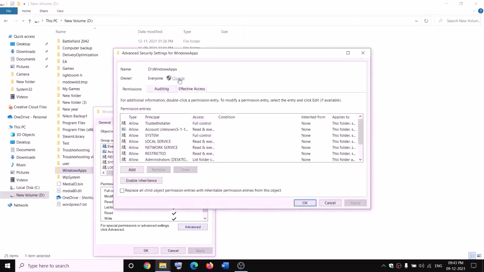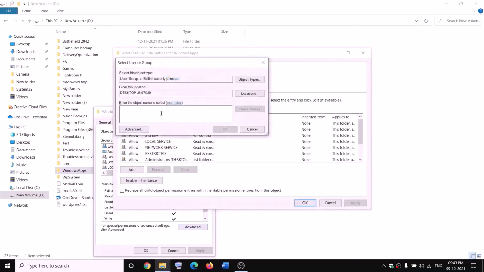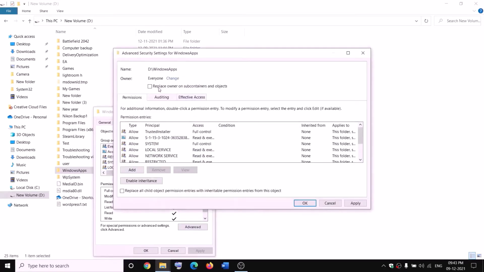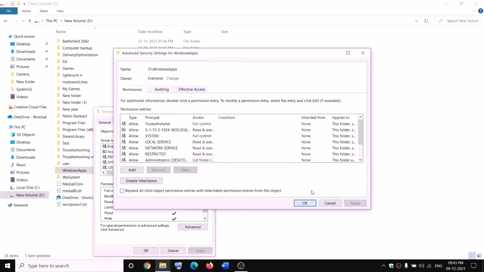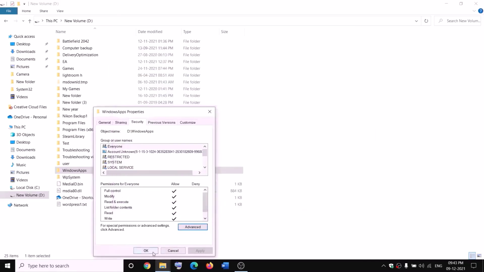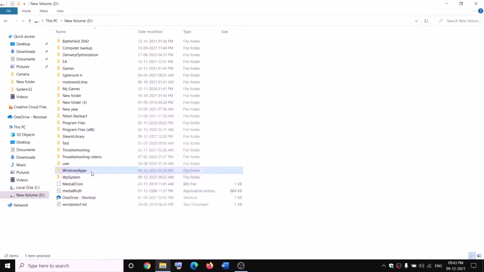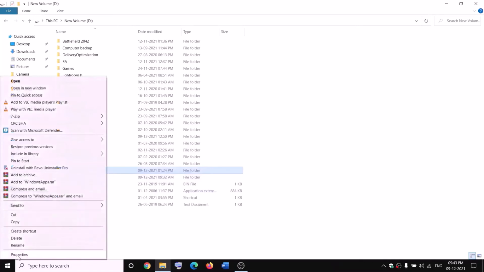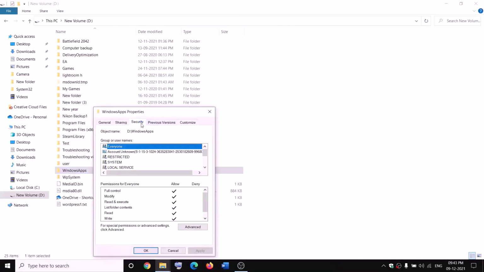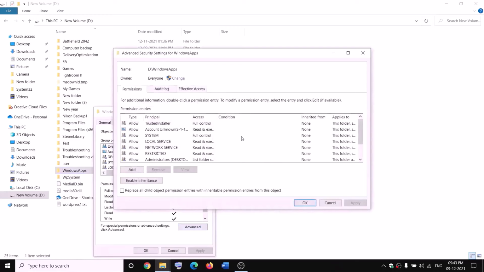Now click on change over here, type in everyone in the box. Click on check names, then click on OK. Now put a check on the box which says replace owner on subcontainers and objects and then click on apply. OK, OK, again OK. Again right-click on Windows apps, select properties, security tab, advanced, and this time